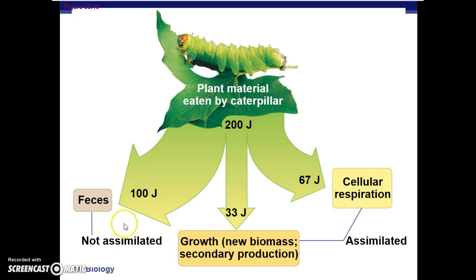It never was assimilated in any way. So that energy just went straight through. And then only 33 joules of that 200 ended up adding to the biomass of this caterpillar. So that is the secondary production number, is this small amount. That growth is secondary production. And so the caterpillar gets a